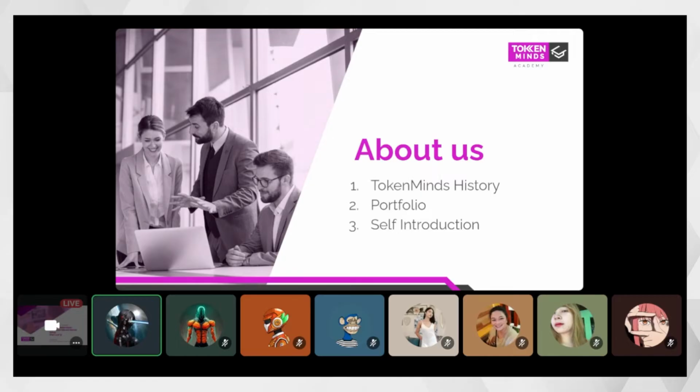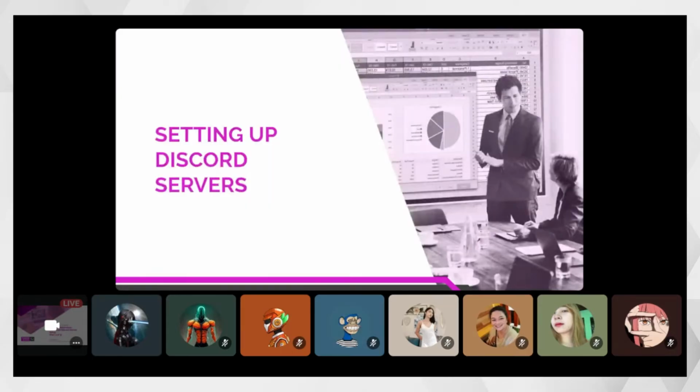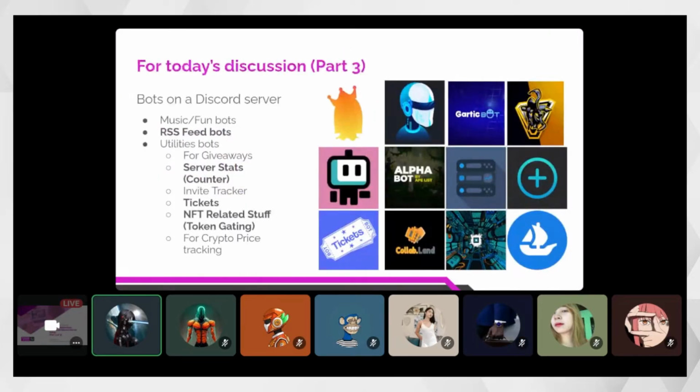handling the community management. Part of the task that we are doing for our clients is this server setup in Discord. In the previous lessons, I discussed how we do the basic setups in terms of the server settings, etc. And then we discussed some of the security bots that we have been using, for example Pandez Guard, Wick, etc. And now this is part three of the advanced server setup. So today we will be discussing the following.